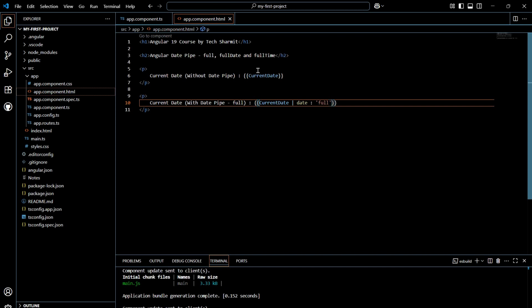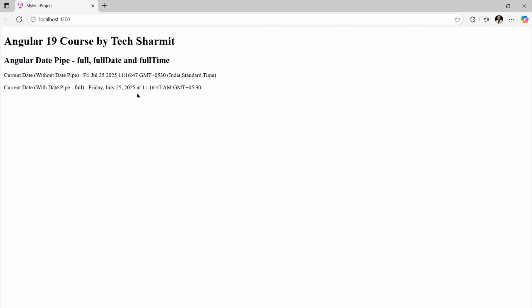After this save, you will see that this code is ready, and now we can see the output on the browser. So what is the difference between the actual or default date and the date with full pipe? You can clearly see the difference here. In the above example, we are getting the value as FRI JUL, where FRI represents Friday and JUL represents July. But in case of full, we can see that we have complete Friday, July 25, 2025